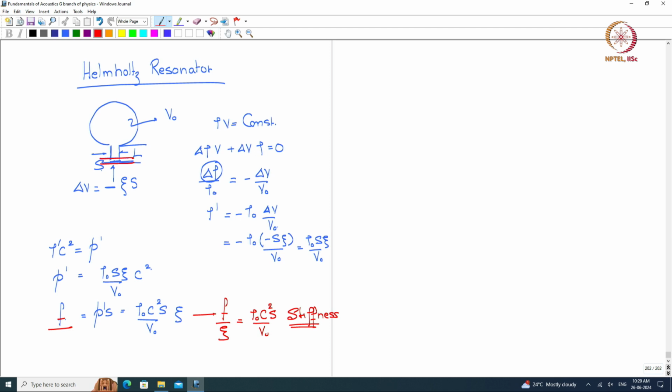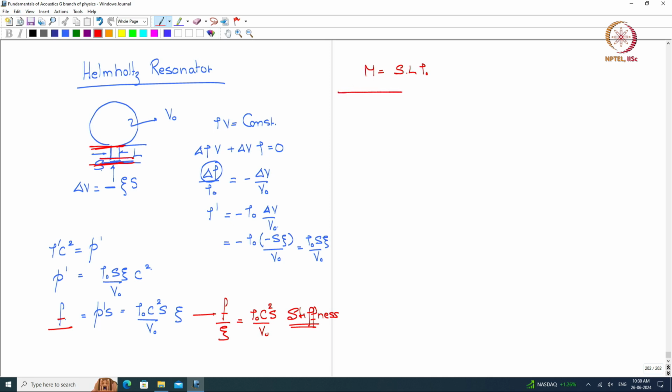Okay. And now the mass of the neck is how much? We have S, the cross section, L, the length, the volume, and rho 0. This is the mass of this section. Okay. Now let me show you one thing here,